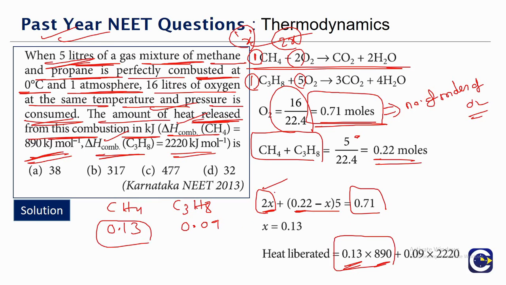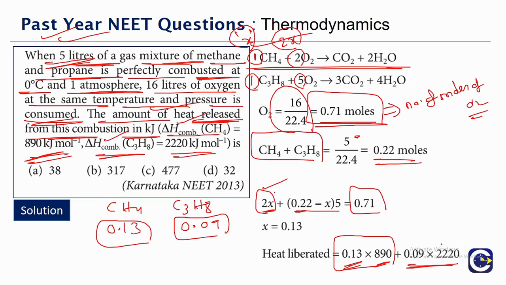Similarly, for 1 mole of propane the energy released is 2220, but we have 0.09 moles of propane, so the corresponding amount of energy released is